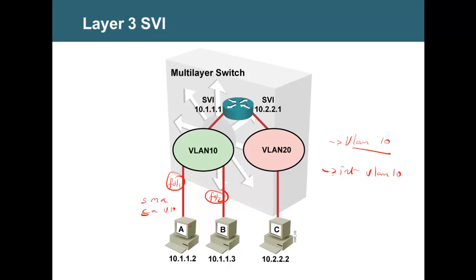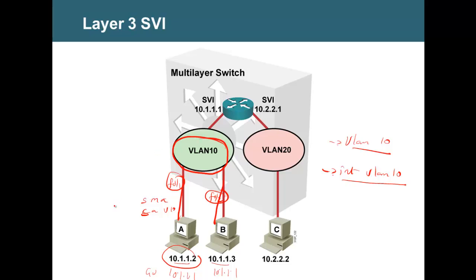Now, for these two PCs, you got an IP address whose subnet is 10.1.1, and you need a gateway. So the gateway for these two PCs is 10.1.1.1. I want this gateway address to be assigned somewhere. Where will I assign? For that, what I do is I create a common interface which belongs to this